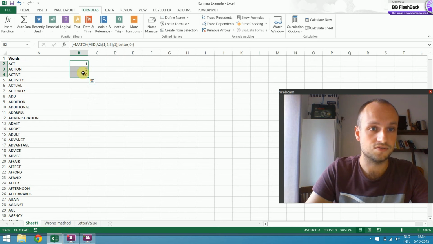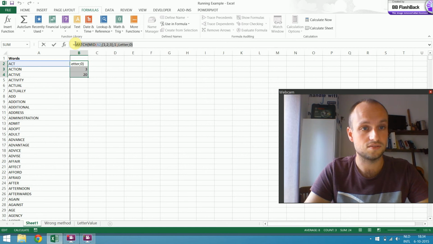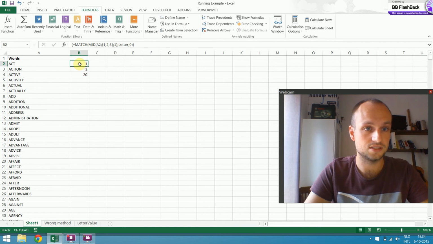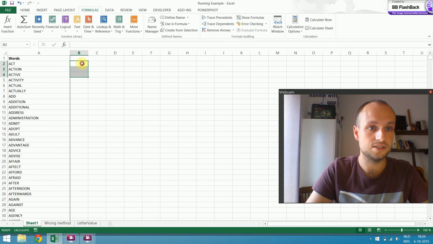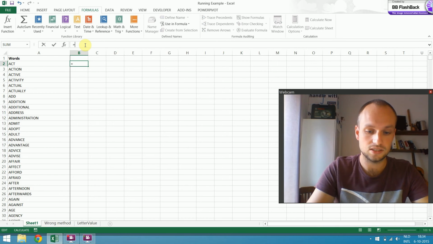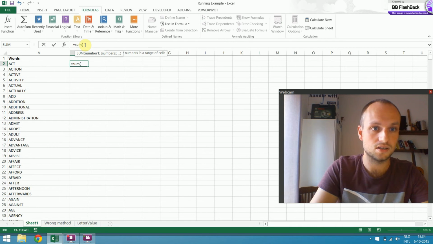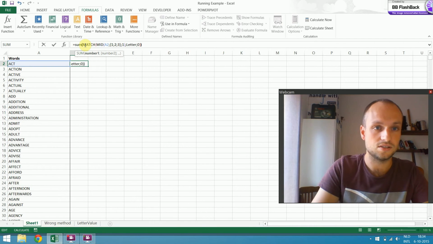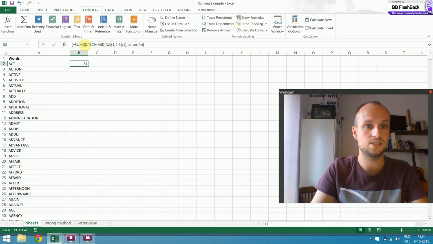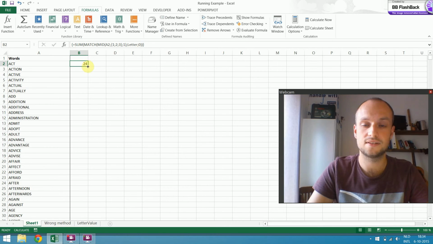So here are all the values, and then the sum of these values gives the correct final answer. So let's do this here: equals the sum of the expression we used before, and here you can see the correct answer is 24.